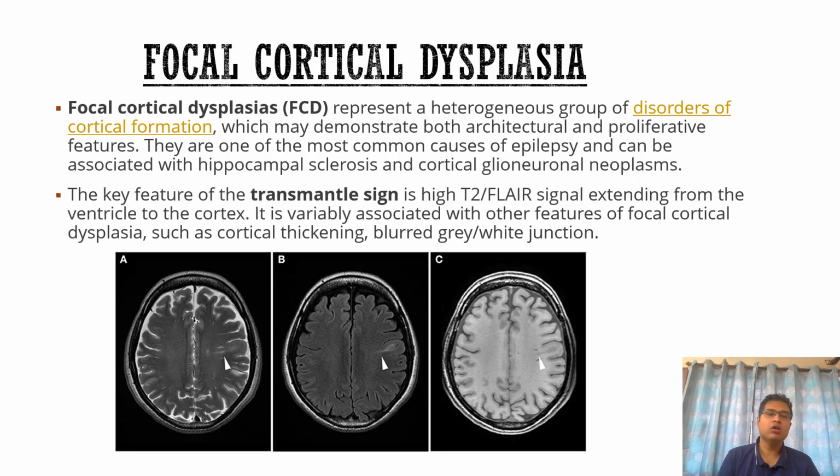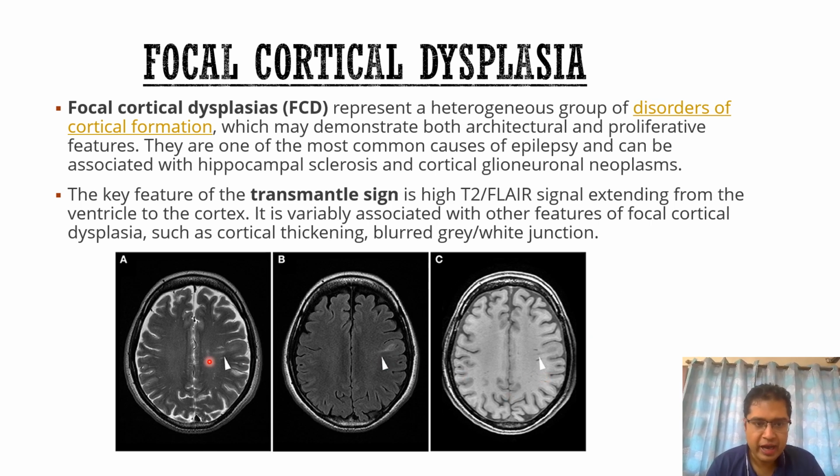What exactly is focal cortical dysplasia? Focal cortical dysplasia represents a heterogeneous group of disorders of cortical formation which may demonstrate both architectural and proliferative features. They are one of the most common causes of epilepsy and can be associated with hippocampal sclerosis and cortical glioneuronal neoplasms. The key feature is a transmantle sign typically seen in type 2 FCDs, where we can see that